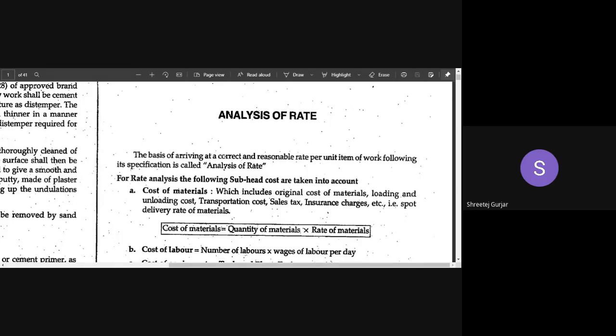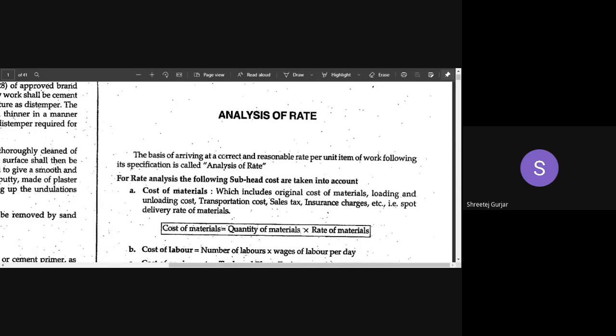You have to take quotations from various vendors, from various manufacturers of the material. You need to go around and check the prevailing rate in your area. Then you need to analyze the rates of the material cost as well as the delivery. Some material needs to be delivered to your place, so delivery charges, handling charges, and loading and unloading charges also have to be taken into account. So you take quotations from various vendors, prepare this analysis of rates, and quote a tender.